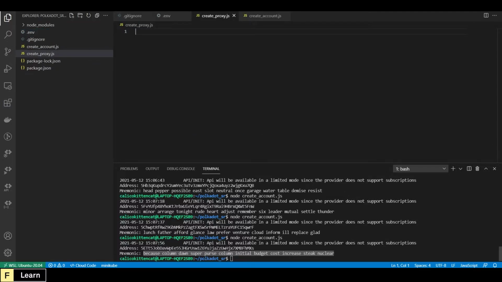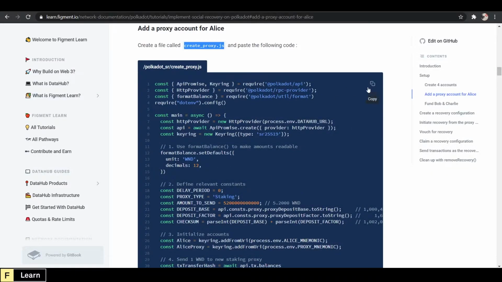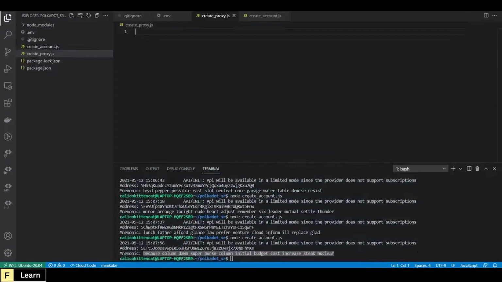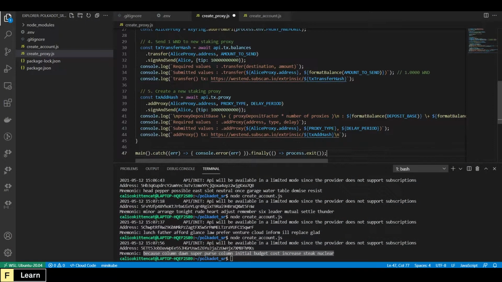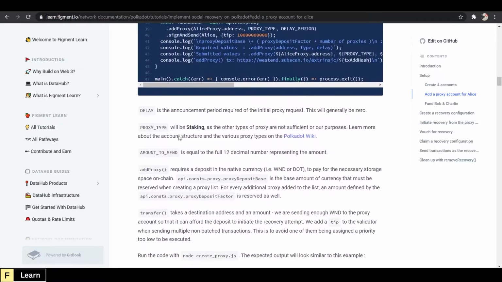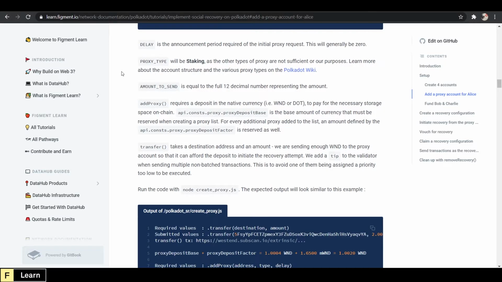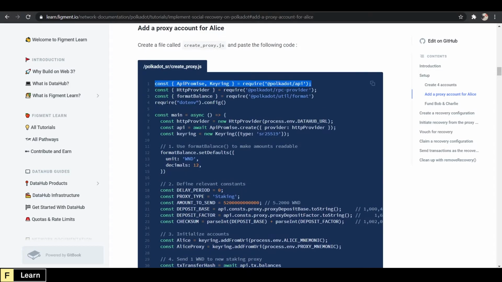Hit enter, and now we need the guts of that bit. We can get that there. Save that file. So if we're looking at the code,